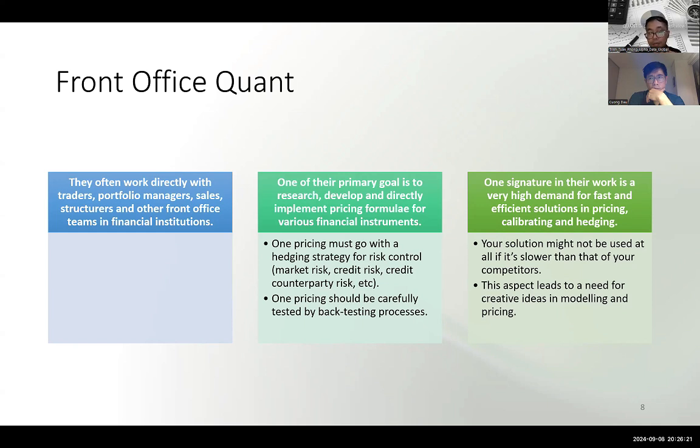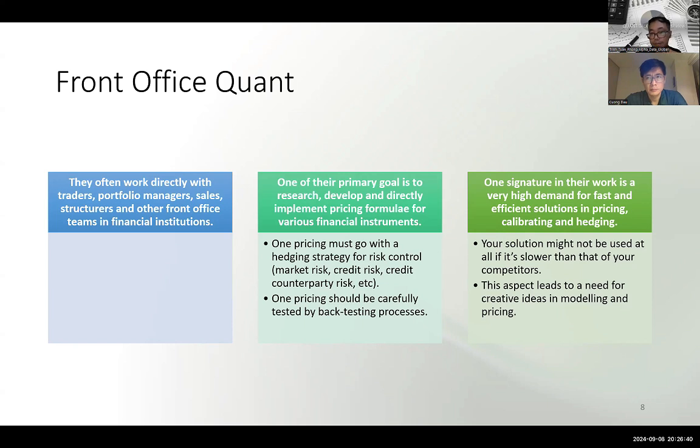If the maturity is 20 years, we have to come up with a hedging strategy for 20 years, right? The second thing to mention here is, one pricing should be carefully tested by back testing processes